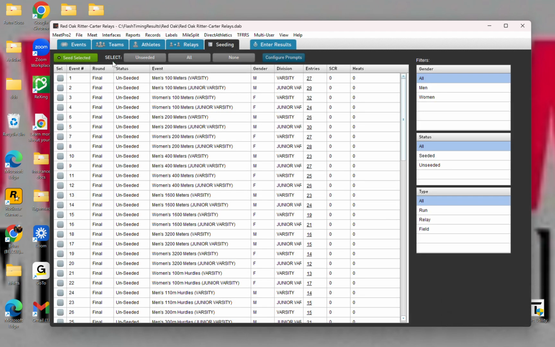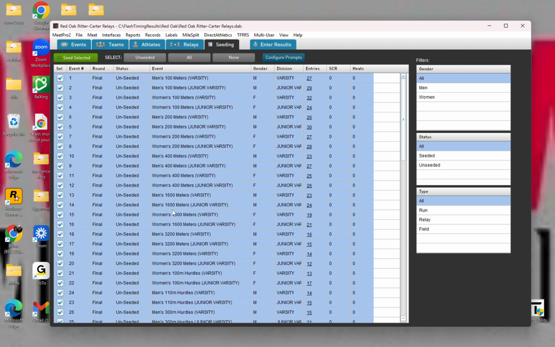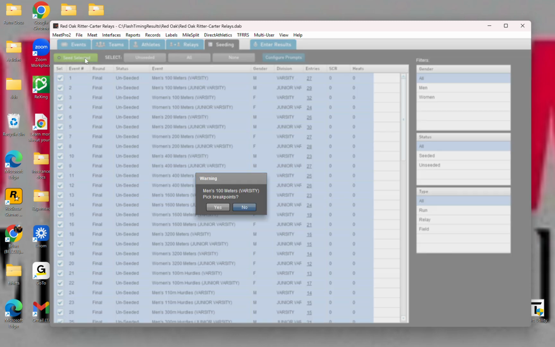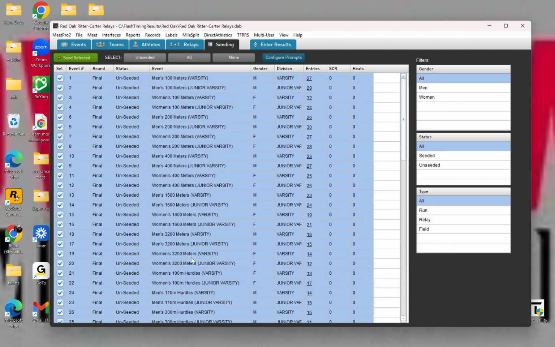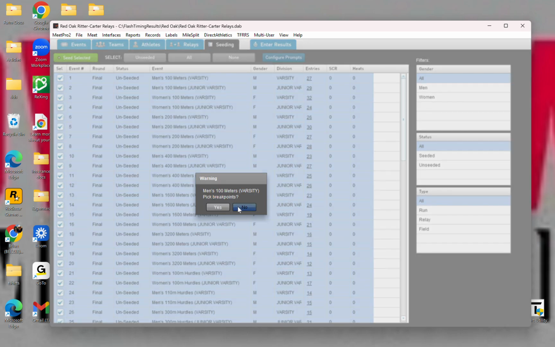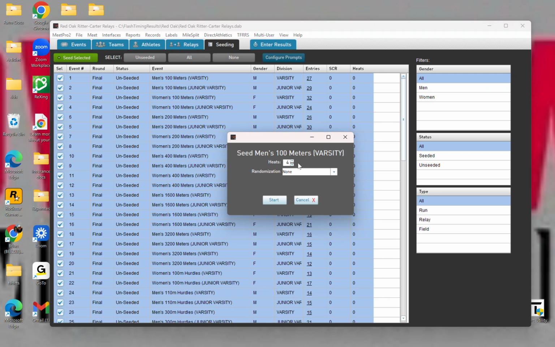Then we go and select all of our events and seed selected. So first it's going to take us through the 100, and so on and so on. If we choose to pick breakpoints, we can choose where each different kid is moved from one heat to another. So I'm going to hit cancel there and then come back and say, no, I don't want to pick breakpoints. It will tell me that there are 4 heats and there's no randomization,